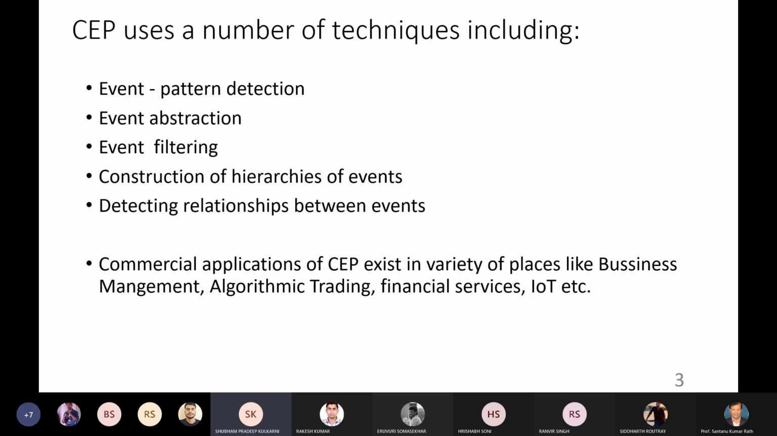Now, how does the CEP do the processing of events? It uses a various number of techniques. Some of the techniques are given here, like event pattern detection. Event pattern detection, we can take an example like suppose you have a Google account and you log in into